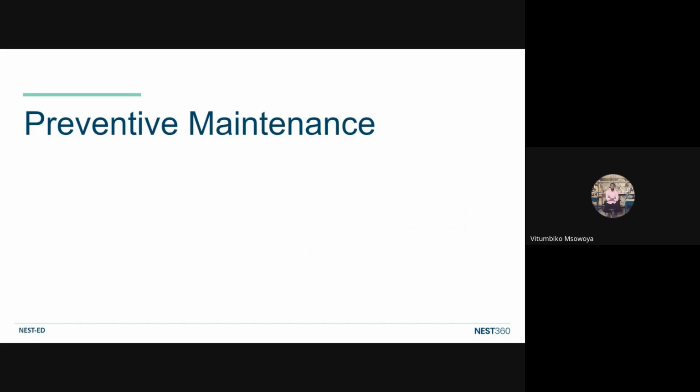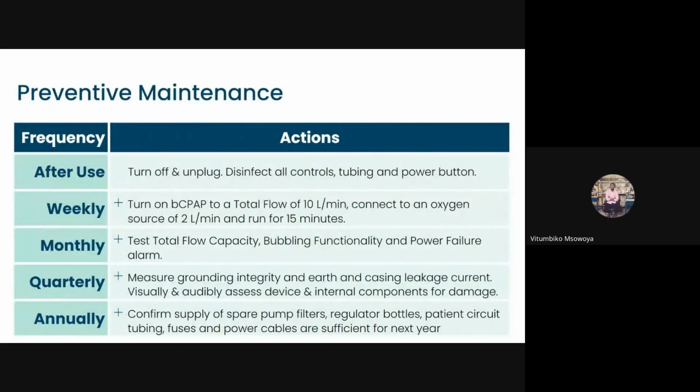So let's go to preventive maintenance. In preventive maintenance, we have two types: user level maintenance and technical level maintenance. After use, the user has to turn off the machine, unplug, and disinfect the tubings and power button. Weekly,